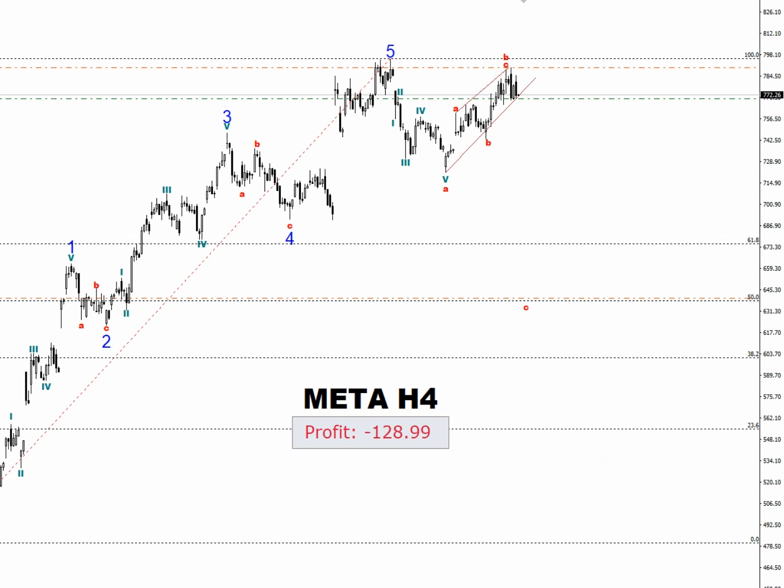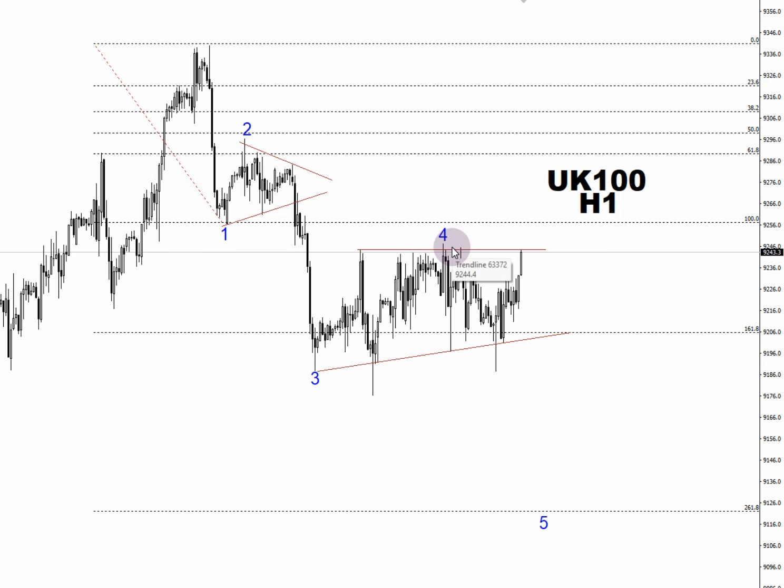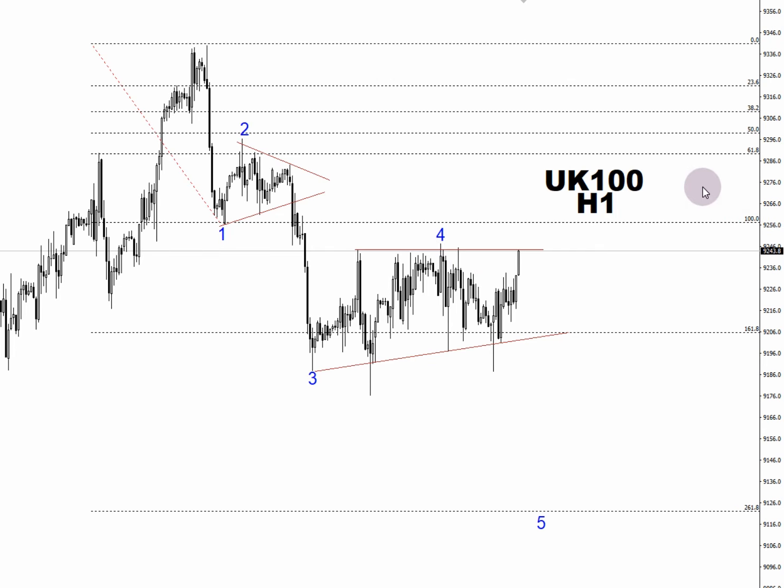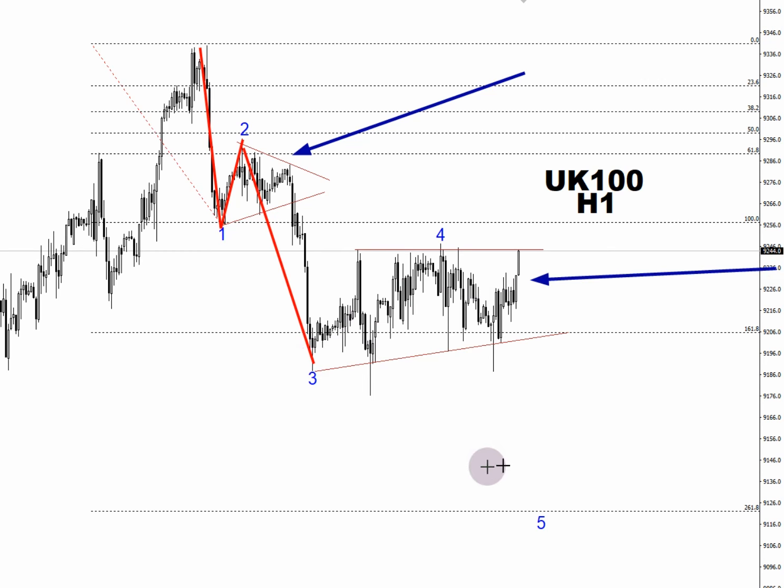So everyone, another important financial instrument we have today is the British Index. Take a look. For the British Index, we specifically have this particular kind of analytical model in place. First impulse followed by 2 corrections within a triangle pattern. Then 3-wave impulse, 4 correction. Also it looks like a triangle, but so far there has been no breakout of the triangle today.